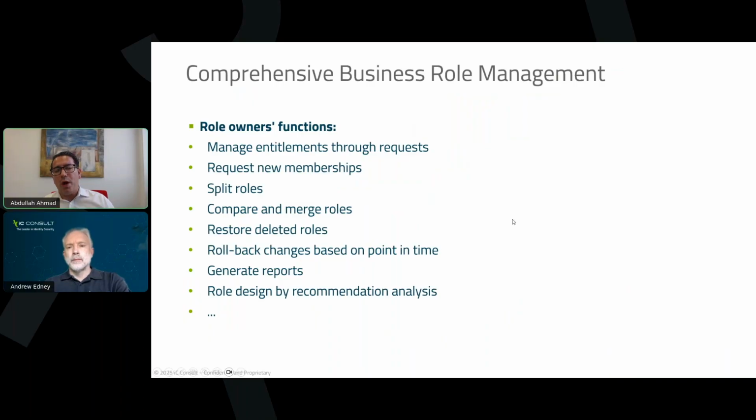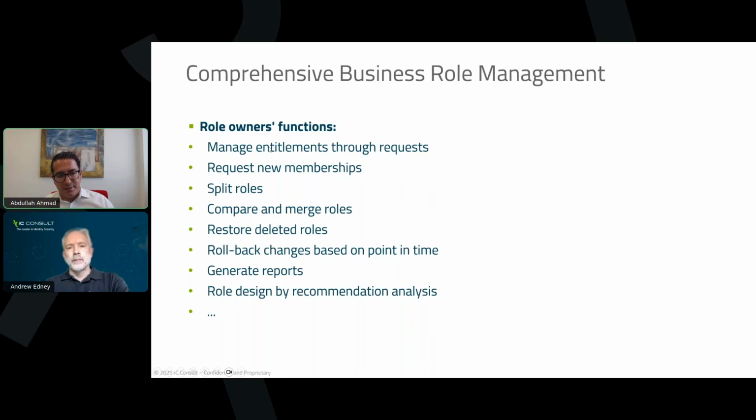So, if we pick one of those objects, in this example the business roles, which capabilities can we provide out of the box for you as customer? A role owner can perform a lot of different functions against that business role. First of all, he can assign entitlements or request entitlements to the business role he is owning through a request process.